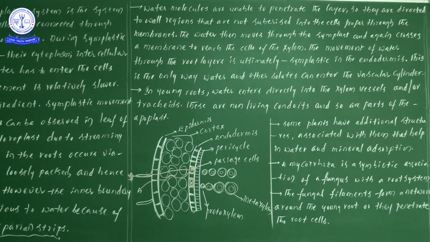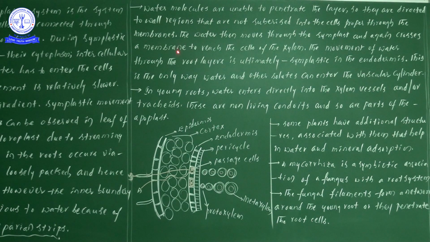Point understood? Simple. Generally the endodermis is made up of suberin. Because of the suberin, the entire endodermis is not suitable for the transport of water. So how does transport of water molecules take place through the endodermis? Even though the entire endodermis is impermeable to water, in some locations a few specialized passage cells are there, which are involved in transport of water. I hope now you understood clearly.